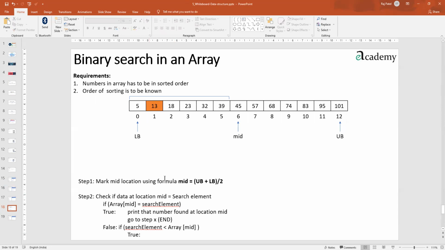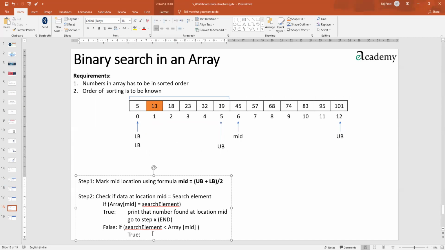So next time, let's say the number is on the left-hand side and that is true, then our new range becomes this much. In that case, this becomes our new upper boundary, isn't it? I'll mark it a little lower so that it becomes easier for you to remember. This is our new upper boundary, cycle number 2. And this is anyway still the lower boundary, so I'll keep it at the same position. So this is our new range of checks.